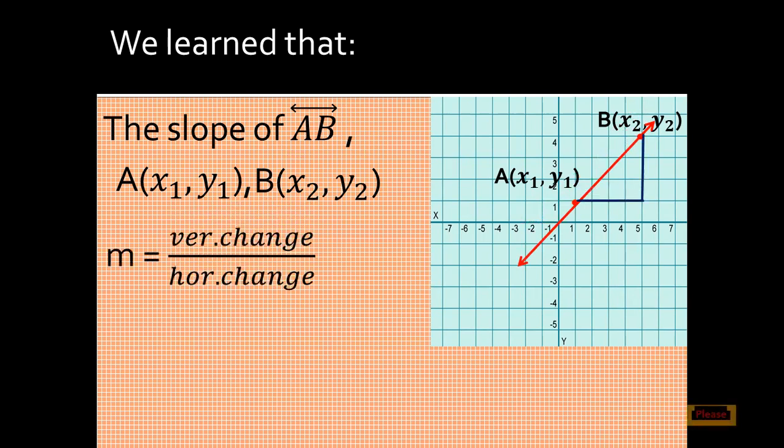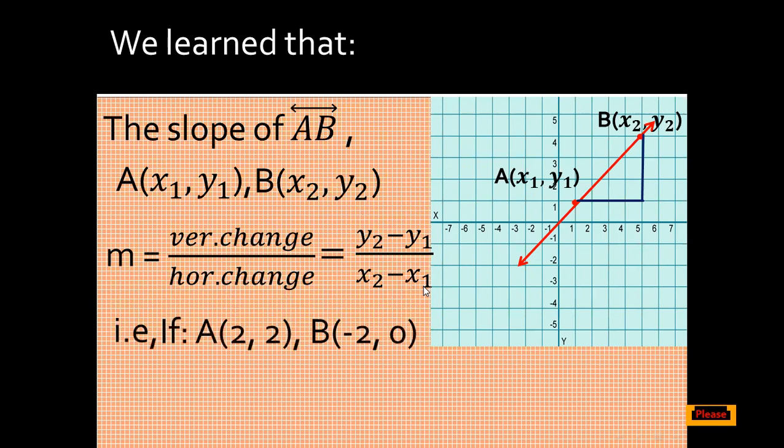Then the slope of the straight line equals the vertical change of y divided by the horizontal change of x, y2 minus y1 over x2 minus x1. For example, if A equals (2, 2) and B equals (-2, 0), then M equals,